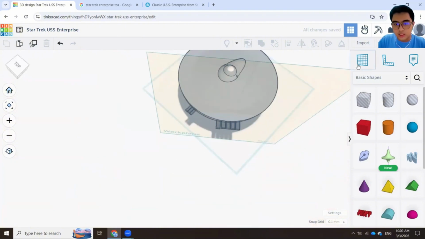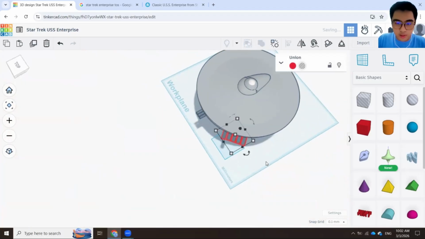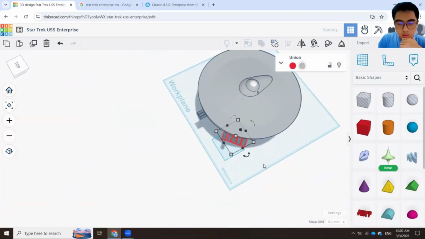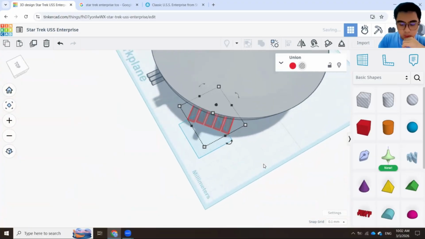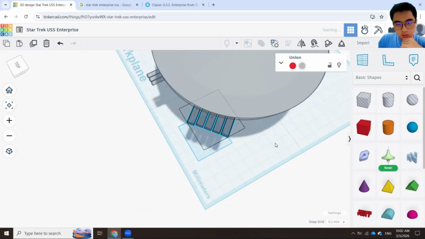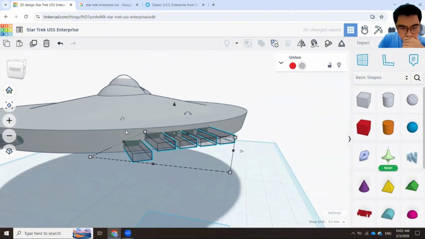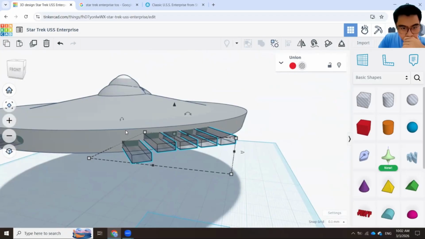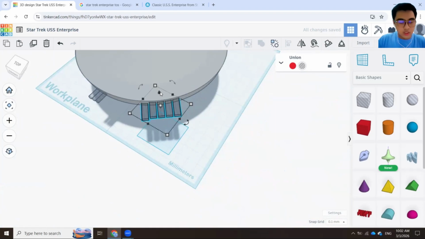Okay, nice. Now we're going to group them both so that you can easily move them around. We just have to wait until it's finished grouping. Now I'm going to use my mouse. I'm going to use the keyboard buttons to move it just ever so slightly. Okay. Press the viewpoint. Okay, let's move it just ever so slightly. Okay, I think that's about it. Okay. Side. Okay, that is it.